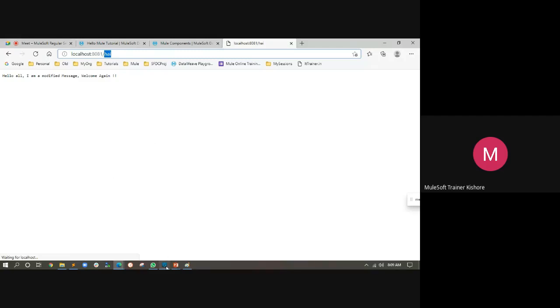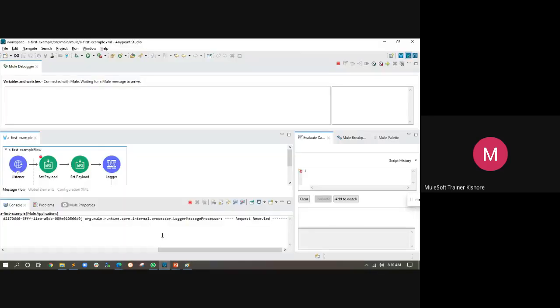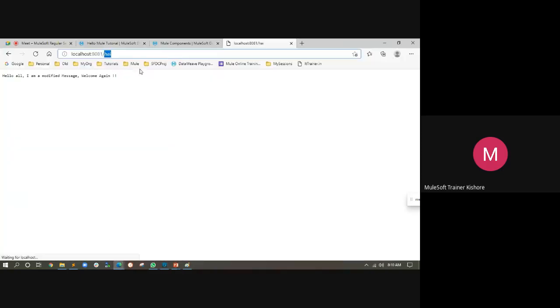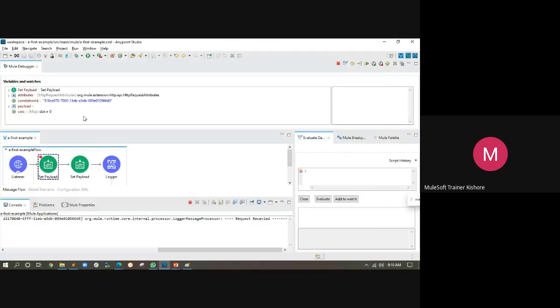Okay, so now we will see a few things. I will try to see the other things, and just take a note. I'm sending the request again, because the same message will display here, so we can't observe until we open in a new tab. Still when it is processing, you can see the old message. I am sending the request. See, this is processing. Still my old response is showing here. And now I'll try to get the other values.